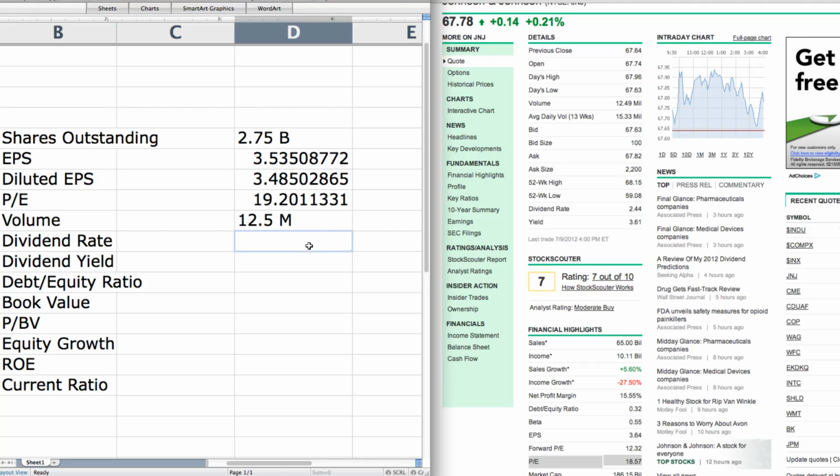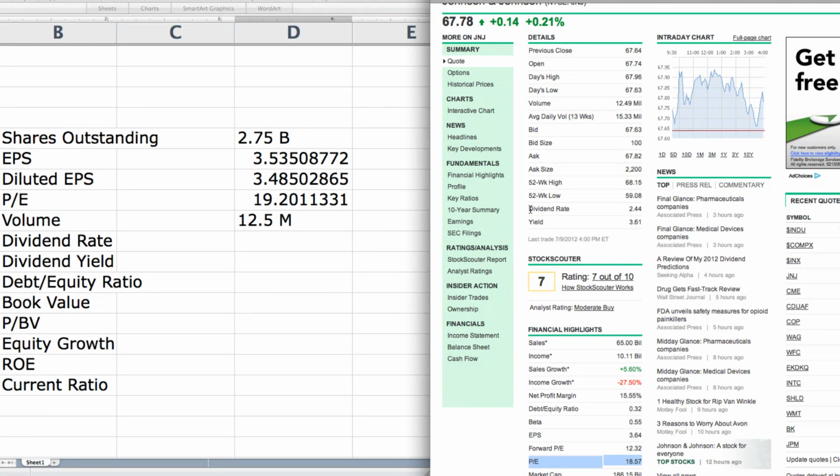Okay, and if you go back to the volume lesson that I have here in course 3, it'll give you more information on volume, but that's where you would find the number off of MSN Money. Okay, so the dividend rate. This is another number that you don't have to calculate. It's just reported. And so when we go over here and we look at the top level page, this dividend